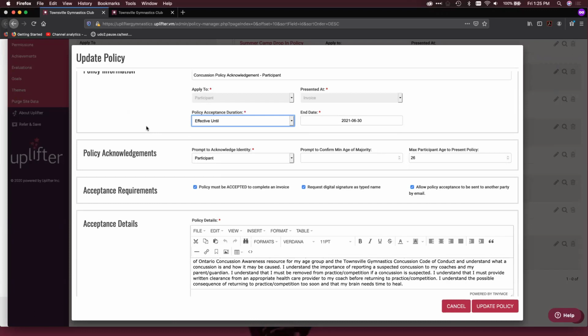If you update that policy, anybody who has accepted that policy previously will be re-prompted to re-accept that policy if it is a required policy. So this is a great way, if you change your policies as an organization, to automatically get members to re-accept the new wording of any of those policies when you change them within your system.